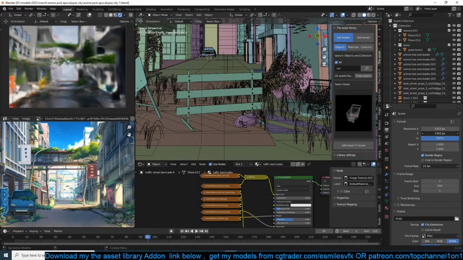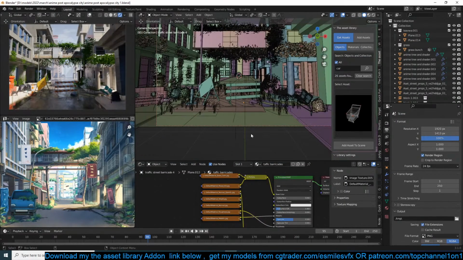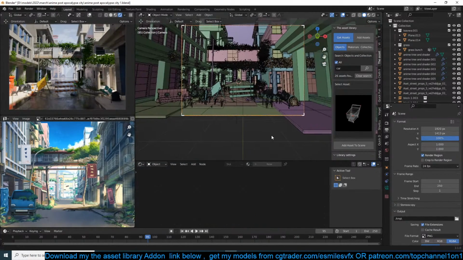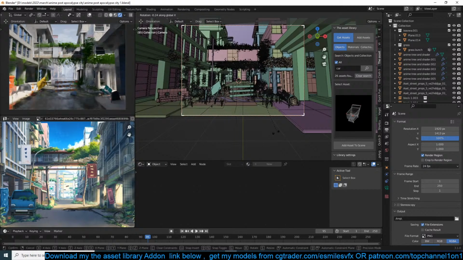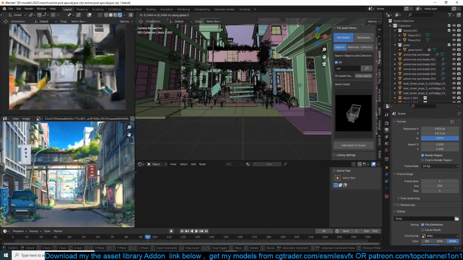Make it more taller so we can see more of our creation. Since this building is also floating,